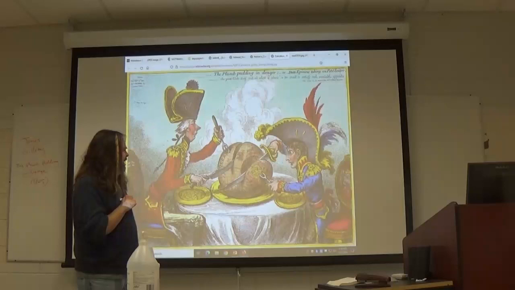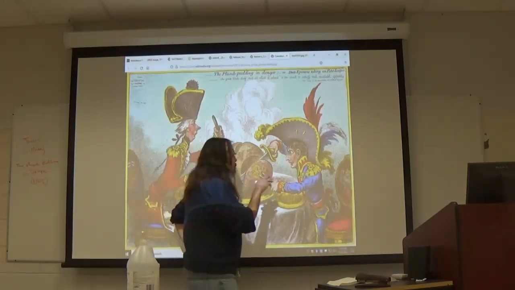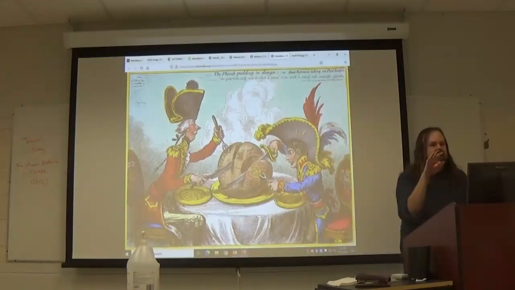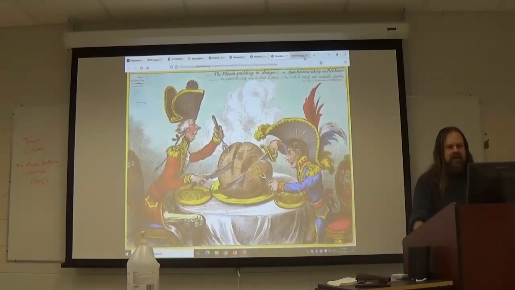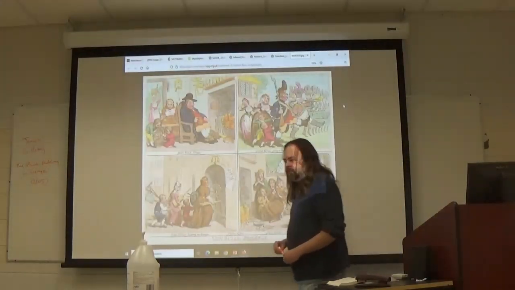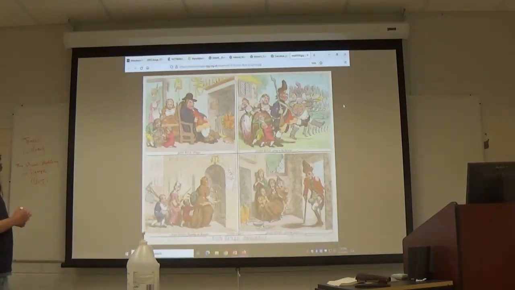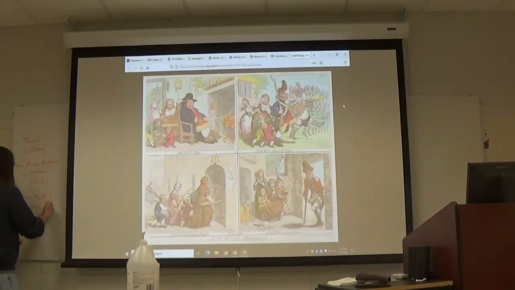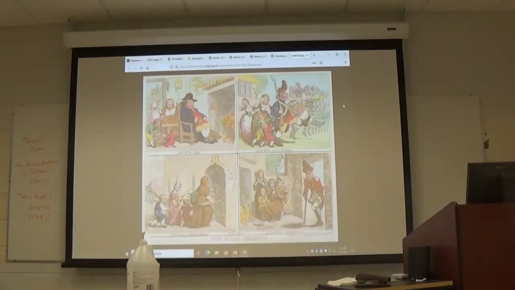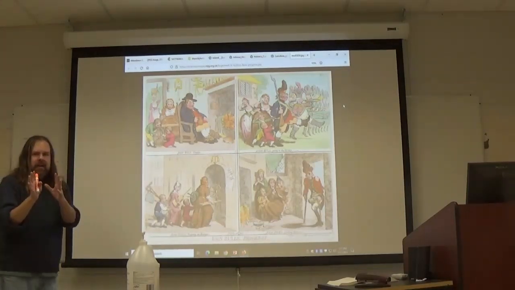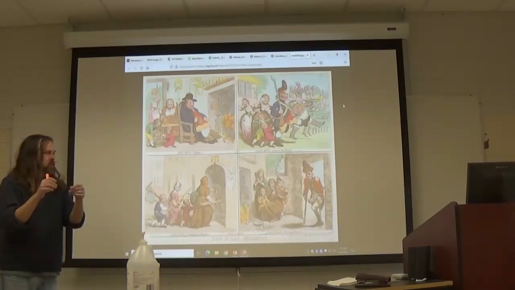Perfect. But so to give you another sense of ways in which Gilray was often critical of British policy. So this is an earlier cartoon called John Bull's Progress. This is from 1793. So early in what we now call the Napoleonic Wars, even though Napoleon hadn't even come to power yet in 1793. But it's early in these late 18th century, early 19th century wars with France.